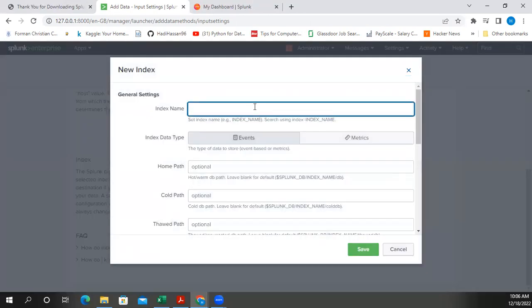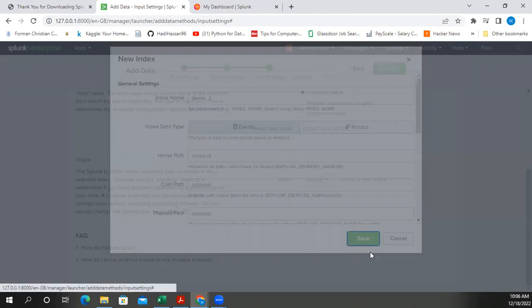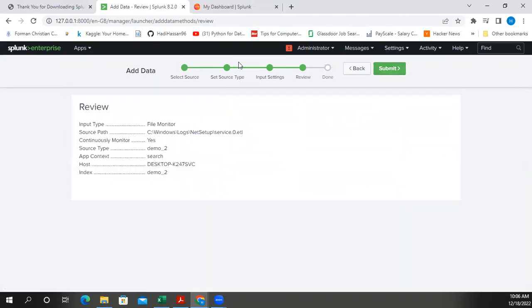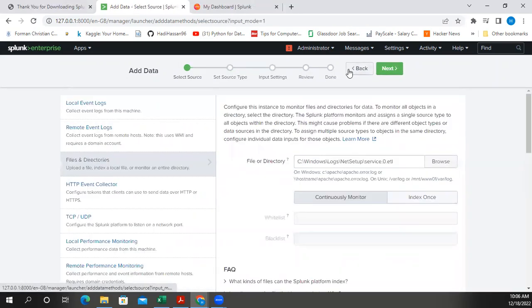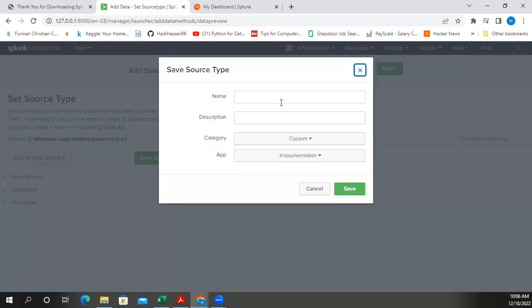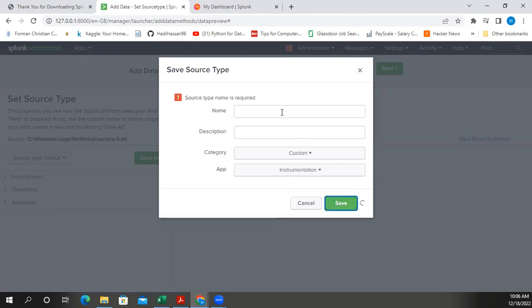Okay, there's a new index, and here we go, demo two. When we review it, wait, we need to change it here a bit. Next, that source type is default. Save source. No, no, no. Since we are doing net setup,